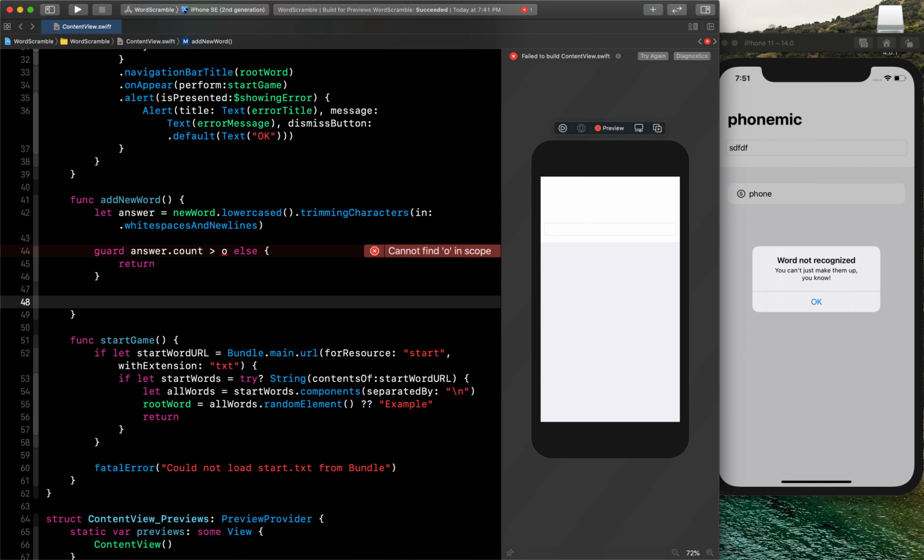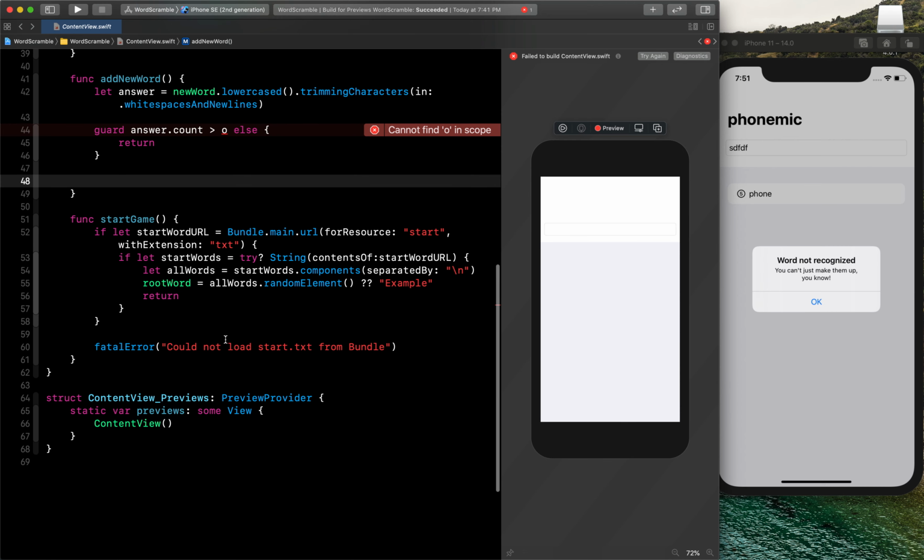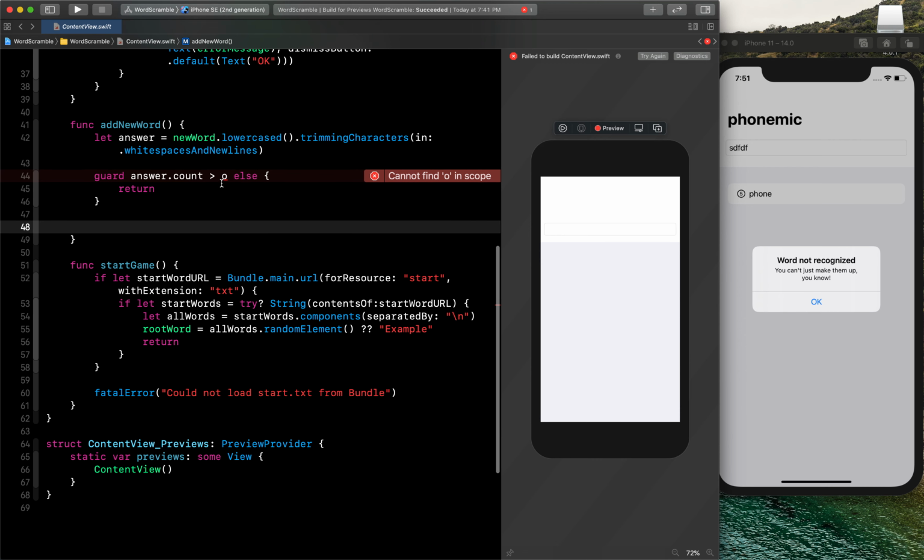So for that I need to write different functions, like if the word is original or not, and if the word is possible to draw from that or not. For that I need to write some extra functions. Also I need to check if the word is real or not. So first write those three functions here at the bottom. So let's create those functions and use them inside here.